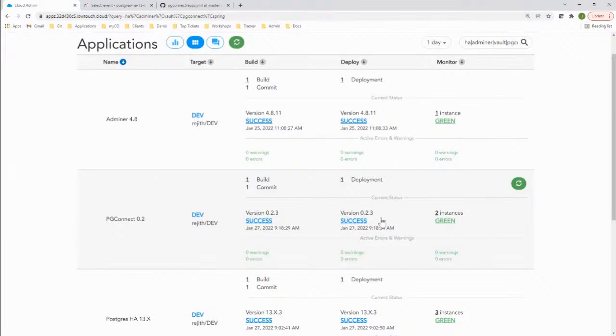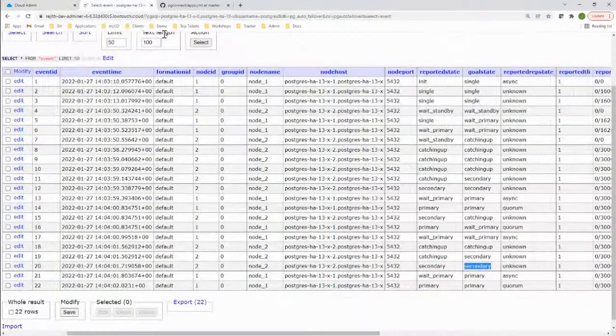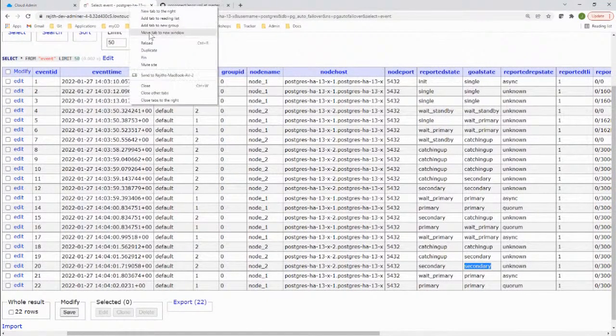All right. So at this point, we can deploy the application, right? Why don't we connect to the database, which is the primary and secondary, using PG Connect? Because I want to demo that the actual databases are up and running. All right. So I'm going to duplicate this